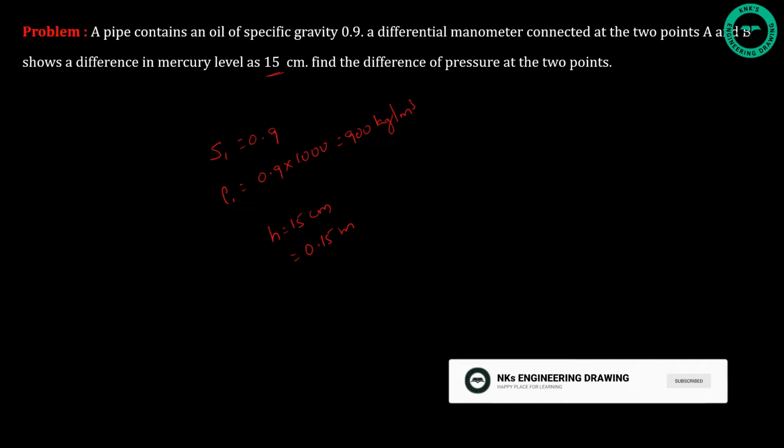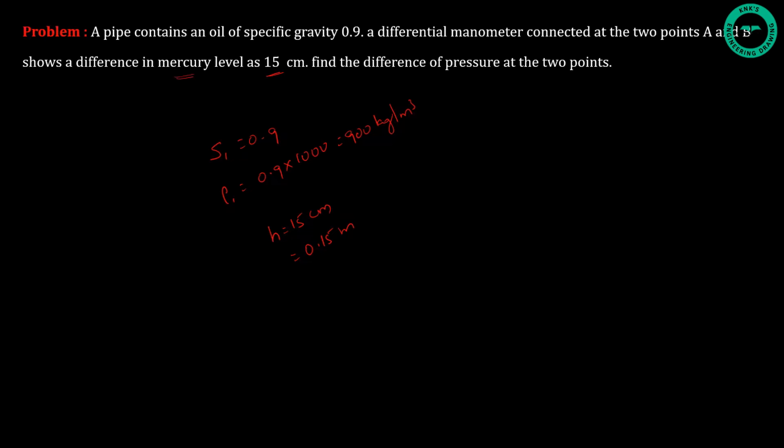And next, the specific gravity of the mercury. As the heavy liquid is mercury, S2 equals 13.6. Then rho 2 equals 13.6 into 1000 kg per meter cube. Now to calculate the pressure difference between the 2 points, PA minus PB is given by